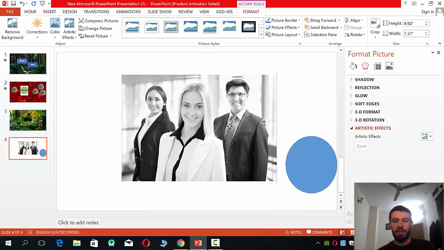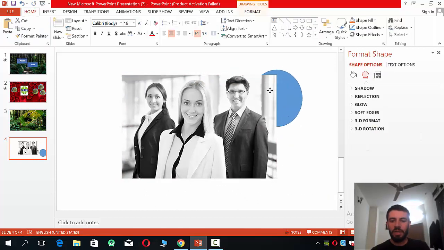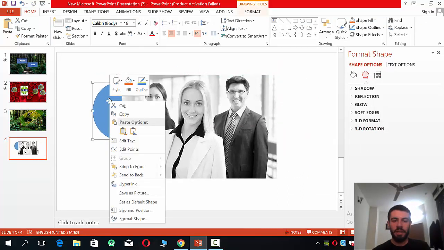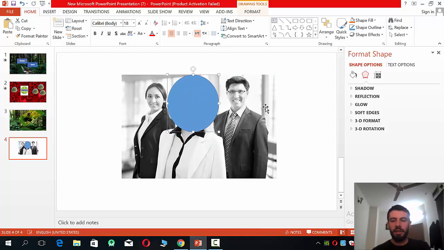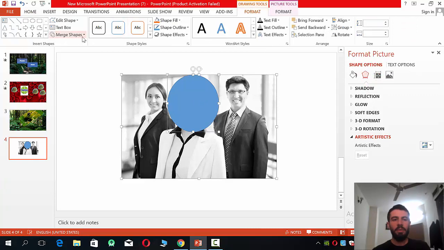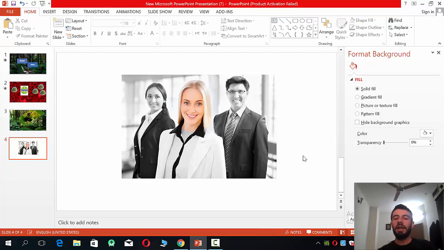So here I want to highlight on the face here, for example. Now you can see it is in the background. If you want to make it in the foreground, just right click and bring to front. Bring to front. You can see now it is the front. Now click here, add this image, and click on the image and click here and go to the format and go to the merge shapes. Combine. Now you can see like I make a highlighting to this face of this woman, for example,